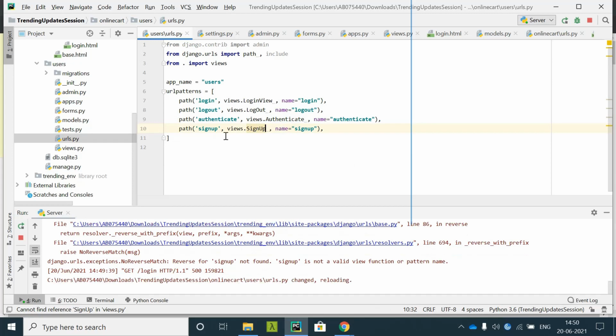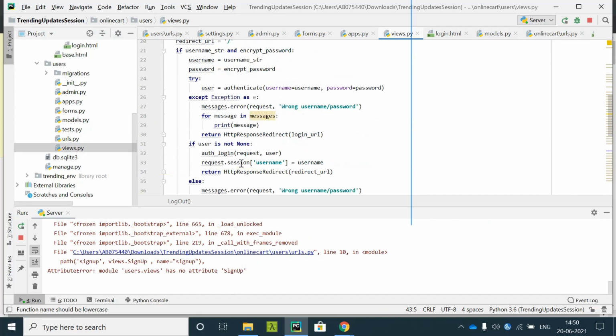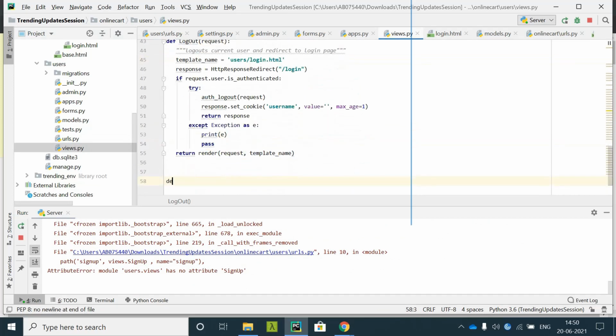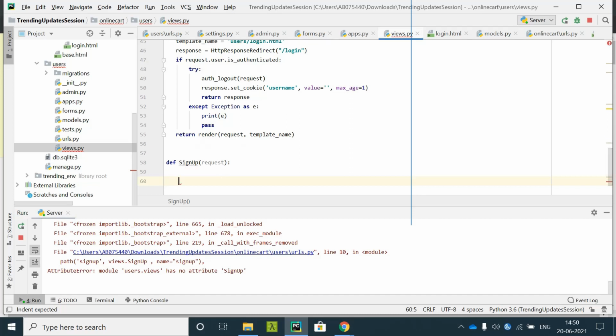Now I'll go ahead in the views and create a sign up function. What you are seeing is a functional based view, and it takes one parameter, request. It needs to see where the request is coming from. Now our sign up should have the form displayed, so we should be creating one more form.